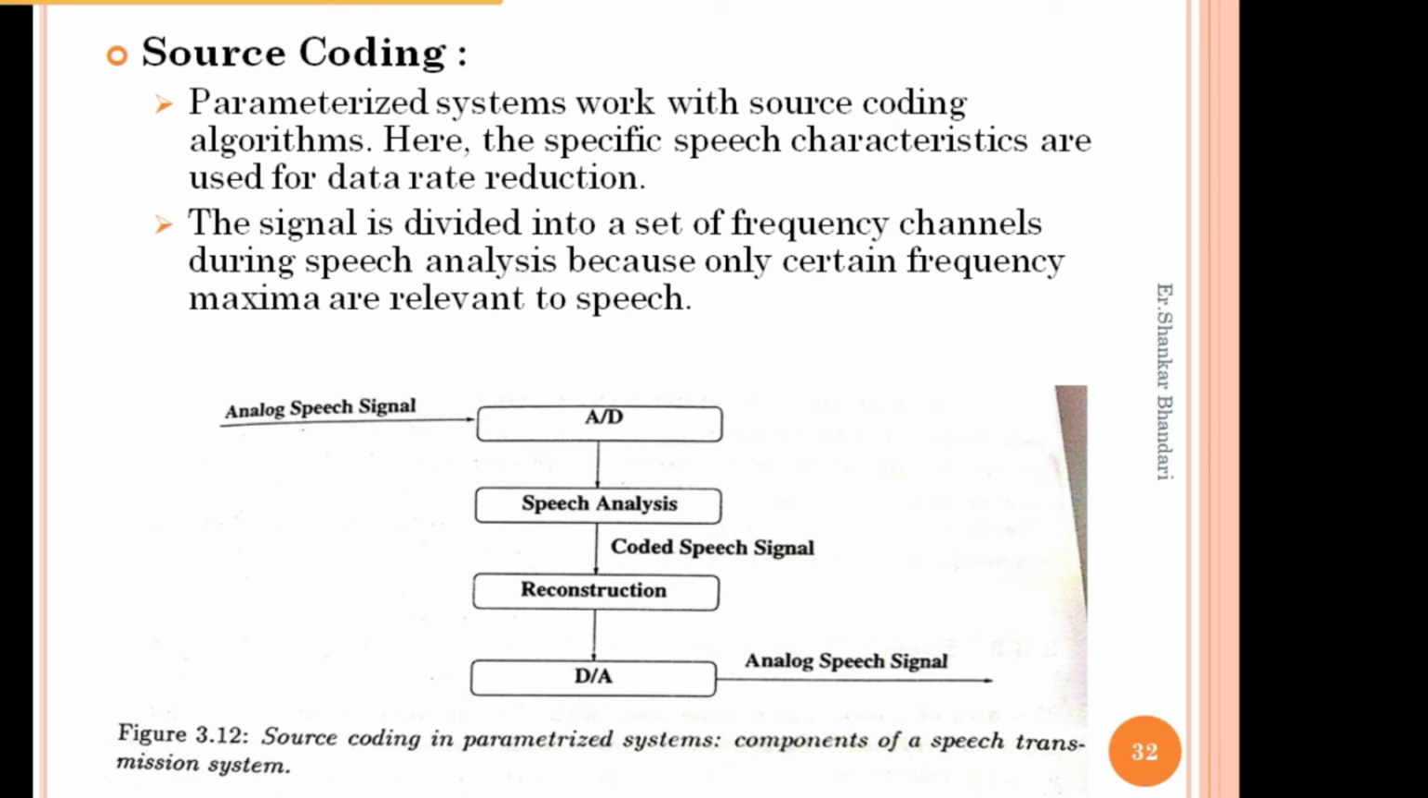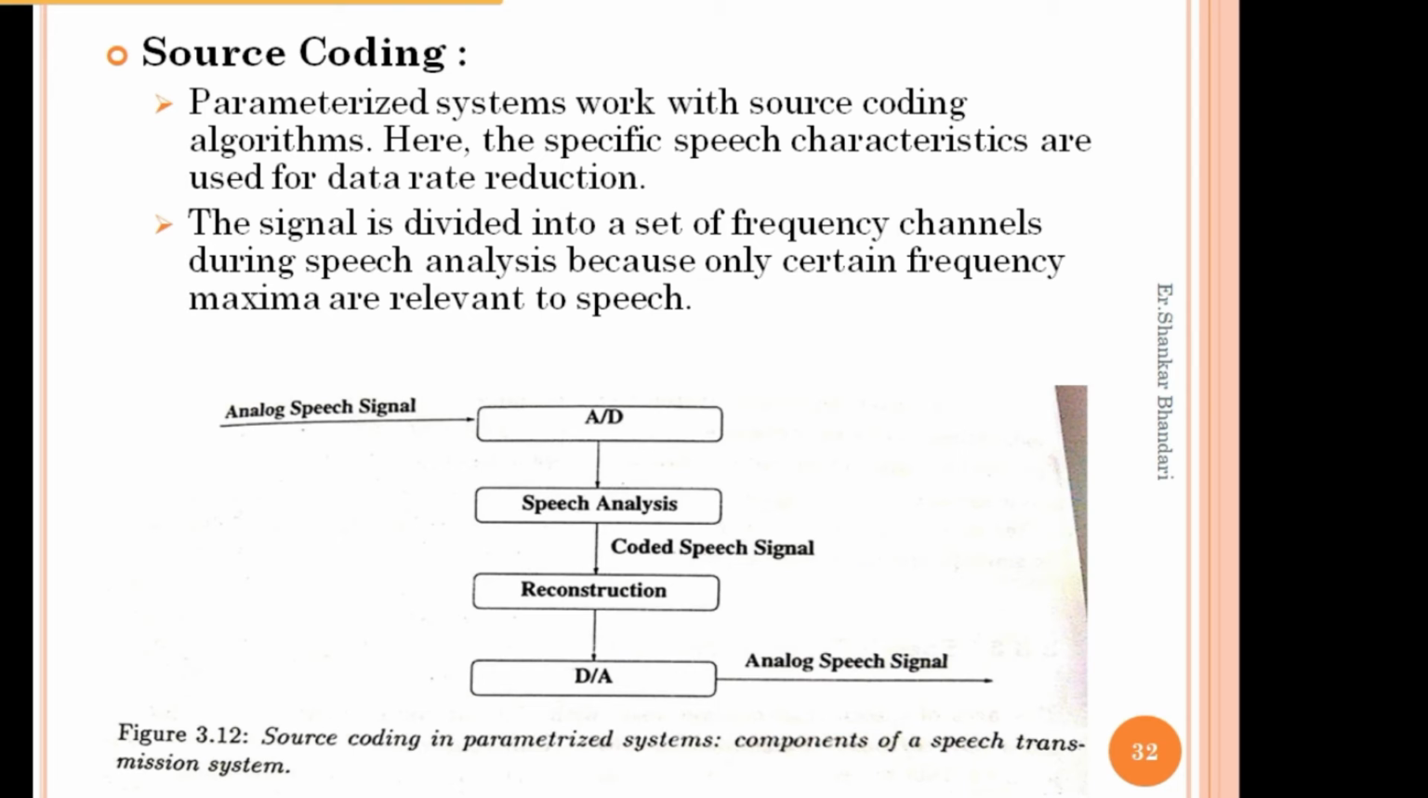We already discussed that at low data rate transmission, the signals we transmit are accurate, and the signal is divided into a set of frequency channels during speech analysis, because only certain frequency maxima are relevant to the speech. In speech transmission, there may be lots of frequencies causing spikes, which may cause noise in the signals. We reduce noise at certain maxima or values; this is the peak value, and everything above that is cut off. The log diagram shows us the source coding